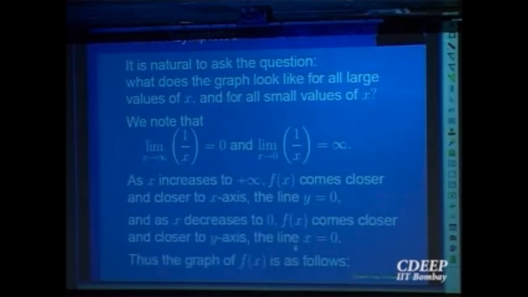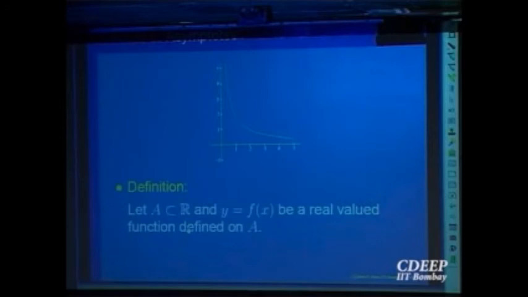Okay. So this is what the graph of the function looks like. As you go on increasing, right, it comes closer and closer. It's never equal to 0 because 1 over x is always strictly bigger than 0. And similarly, as x goes to 0, 1 over x becomes larger and larger but never meets the axes. It is never going to meet the x-axis or the y-axis. Okay. So one makes definitions by keeping this in mind.